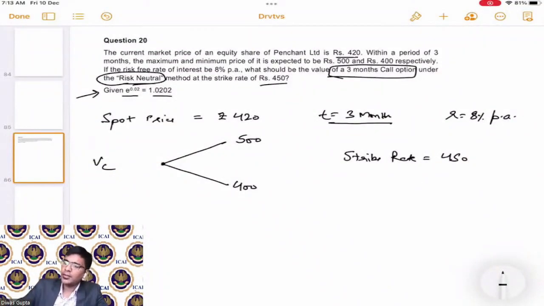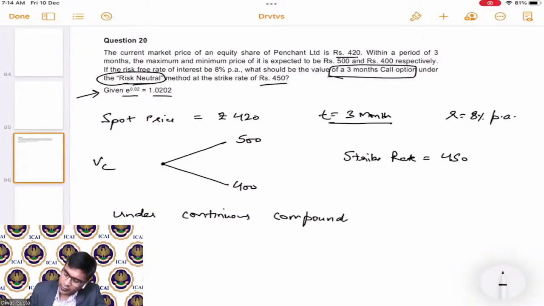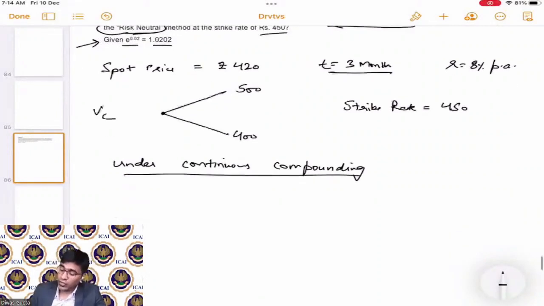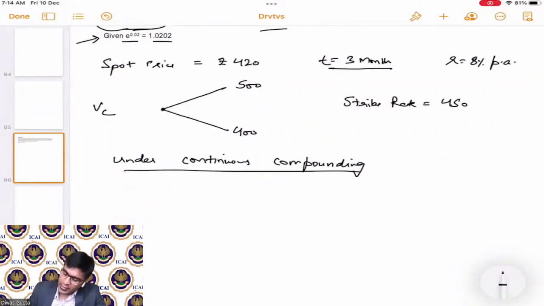So first of all, under continuous compounding, we have studied